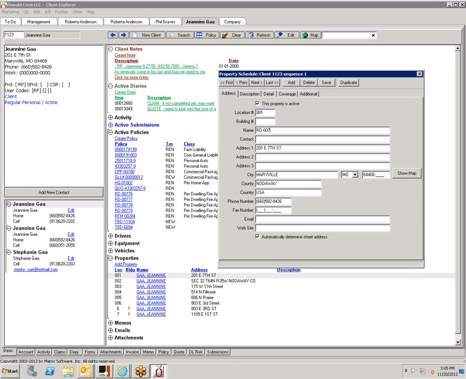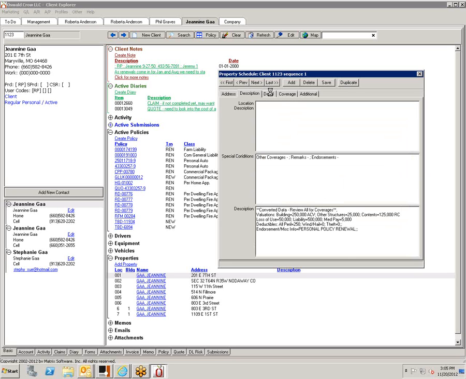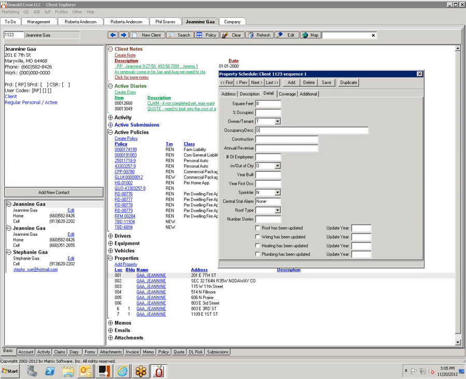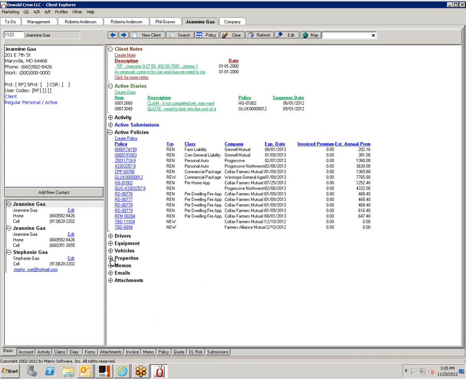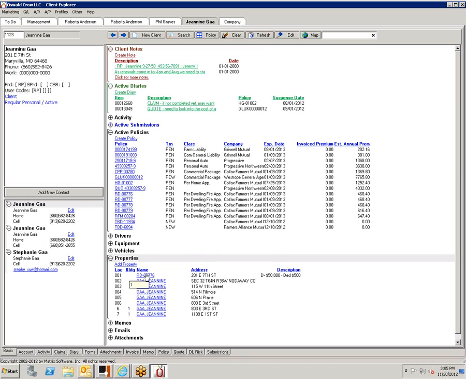So I would put that there, and then under the description or the detail, I could say the dwelling was $50,000 and the deductible is $500. Now by doing that, I can see it here on the front screen and manage it a lot easier. I can see what the policy number is, the street address, and a little bit about what the coverages are. So you could manage an account pretty easily based on this information.